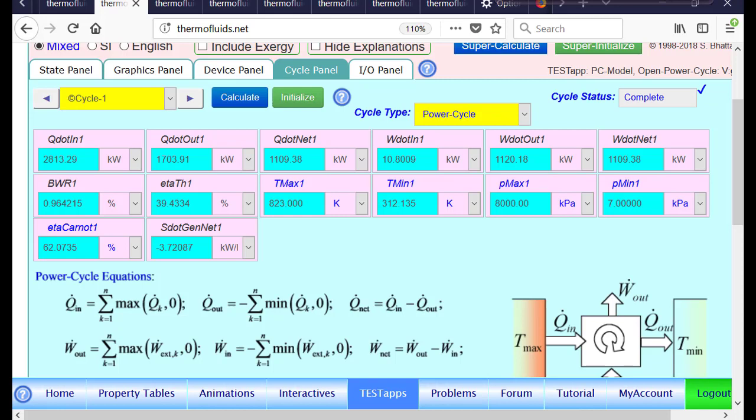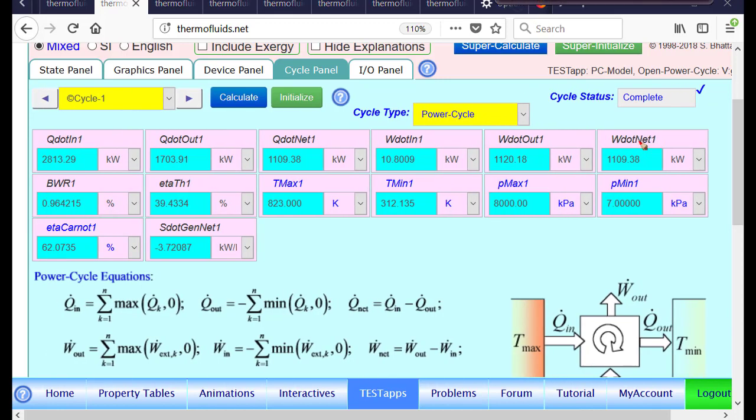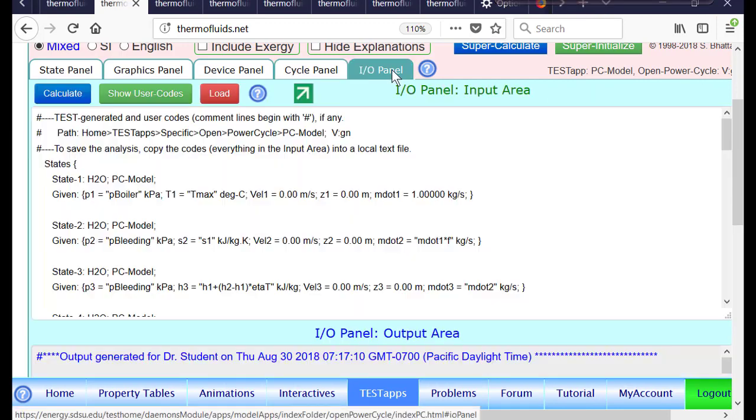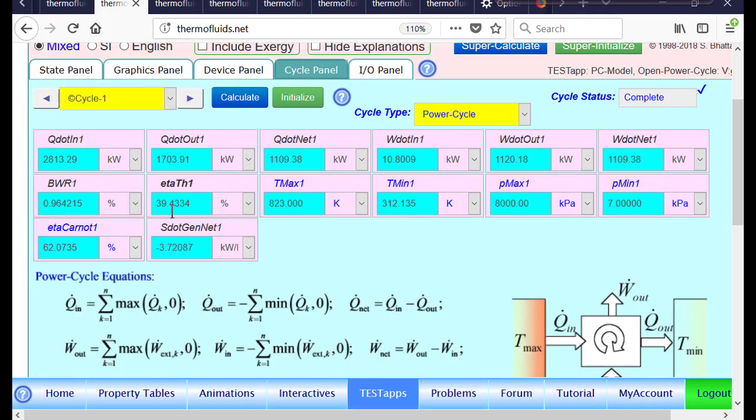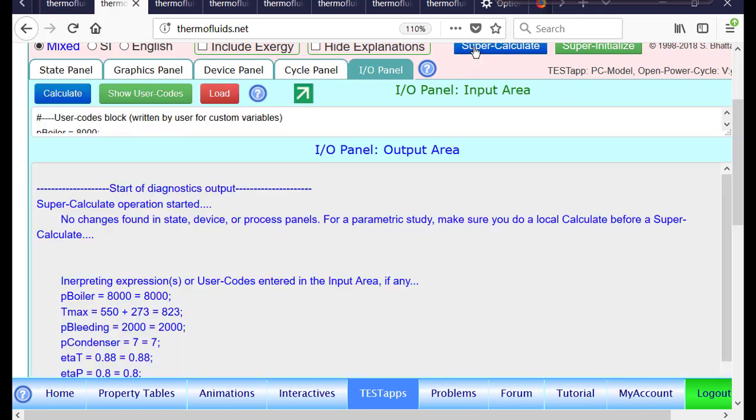The first thing to check in a cycle is that W.net must be equal to Q.net. Otherwise, something is big time wrong. Thermal efficiency is calculated. Imagine now how easy it is to evaluate the effect of any parameter. The way we set up the problem, we can go here, isolate user variables, and ask what would happen if the bleeding pressure were not 700 kPa, but let's say 2000 kPa. We just increase the bleeding pressure. Before you super calculate, remember the efficiency is 39.43. Now if you super calculate,